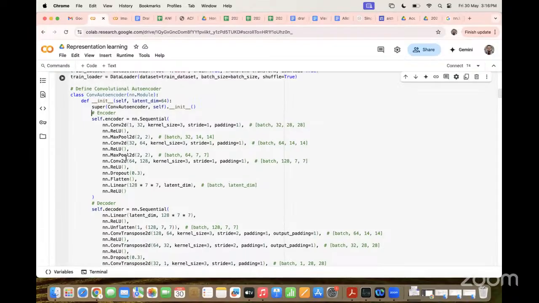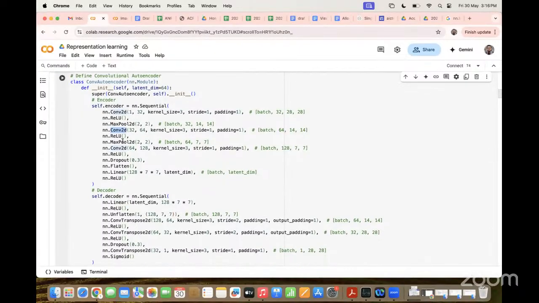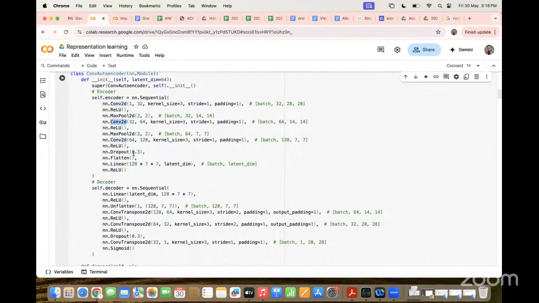First we take the clean image as an input, then we try to compress it, and then we try to generate back the original image. That's why we use MaxPool2d. Here also we define kernel size of 3.